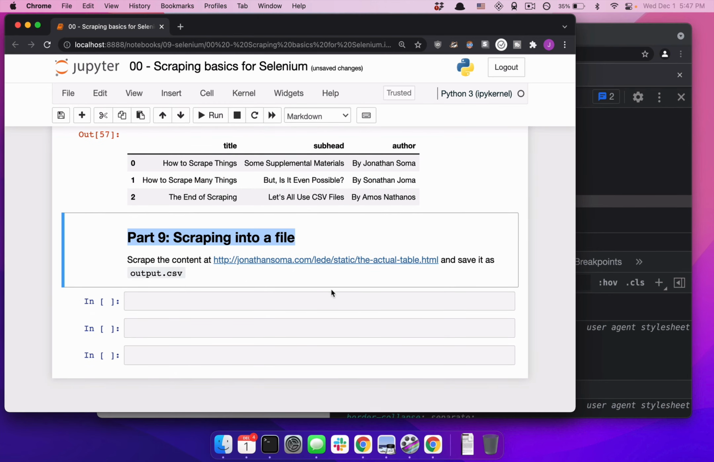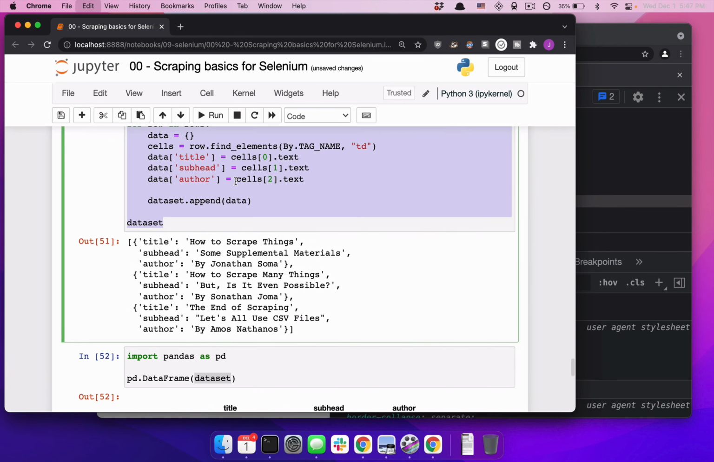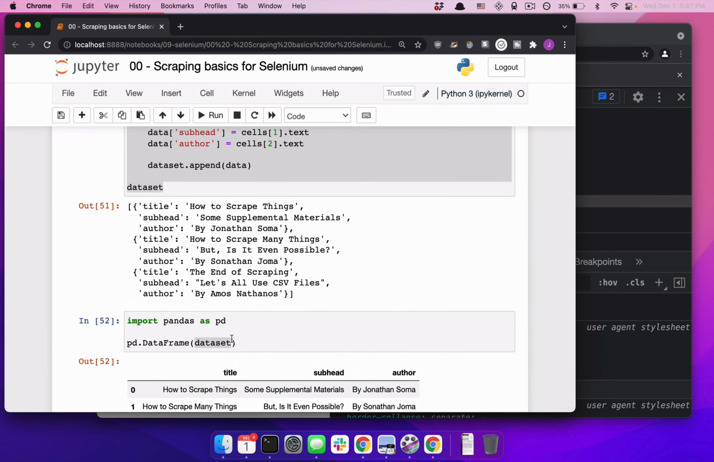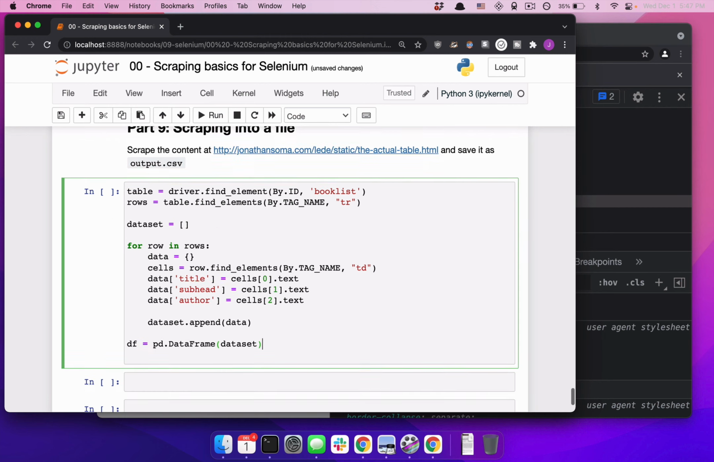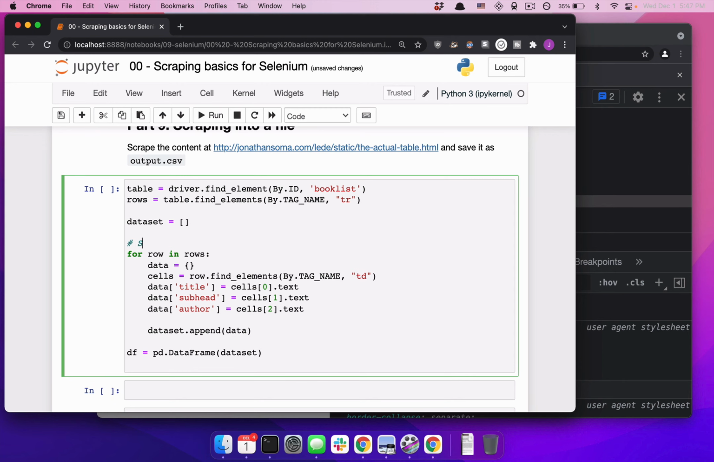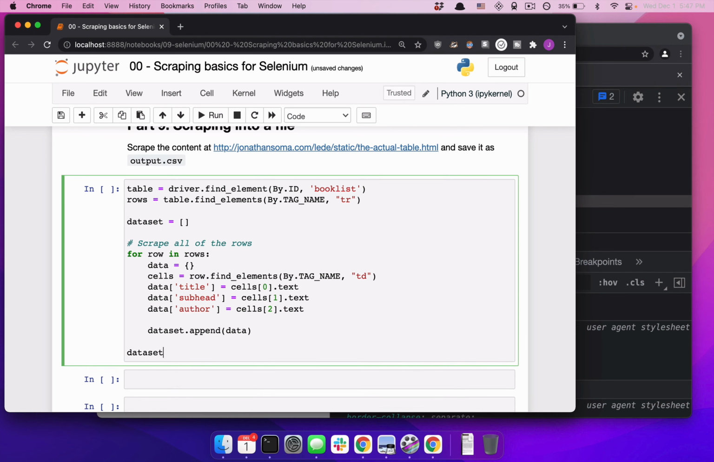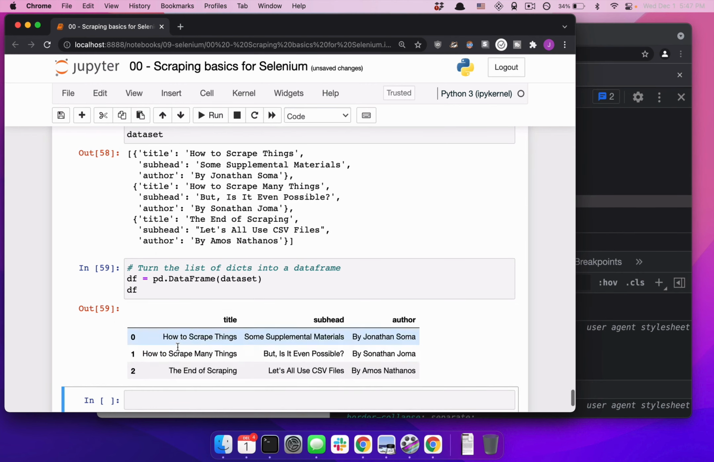Finally, we need to scrape into a file. Well, if we already have a data frame, I like the pd.DataFrame way. Seems a little more organic. So I scrape all of the rows. Maybe I'll look at data set here so I can see I have a list of dictionaries. Turn the list of dicts into a data frame, and then